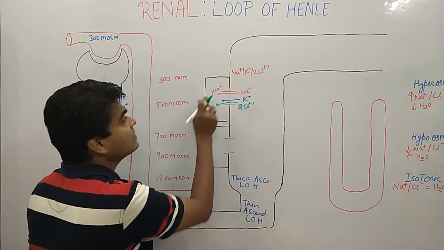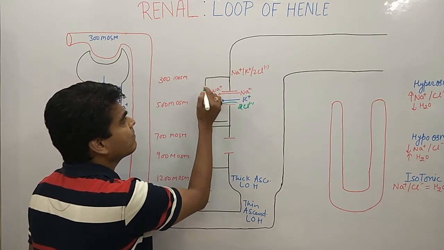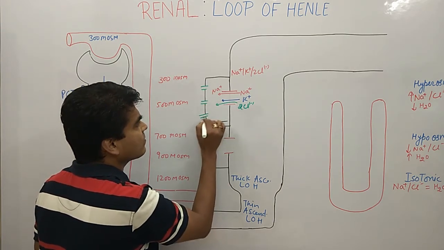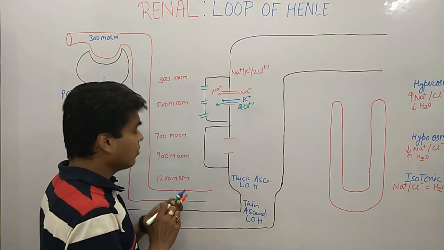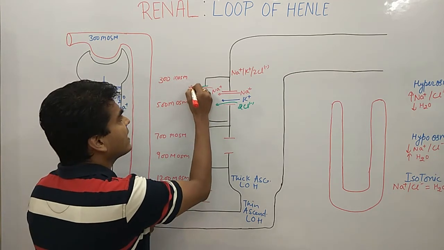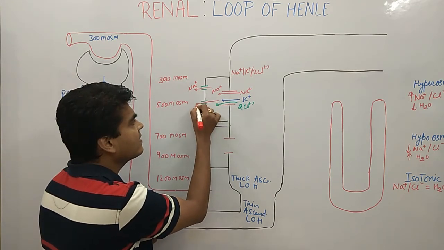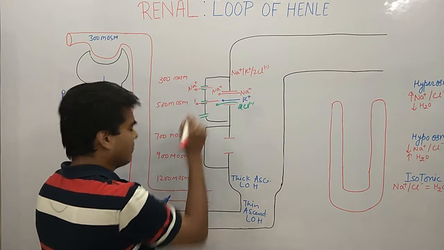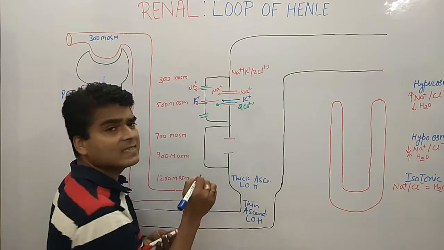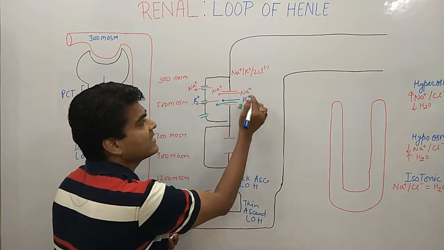Now what happens? The sodium present in this area moves again through the basolateral membrane, through these channels. They are 3 different types of channels for sodium, potassium and chloride. So again sodium moves from this area to this area, so there is a lot of sodium. Then potassium moves through this channel, but not all the potassium moves to this side.